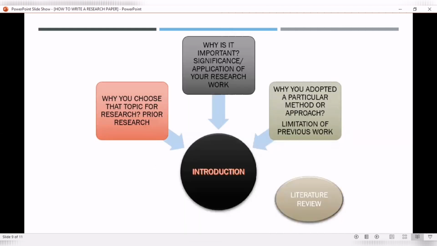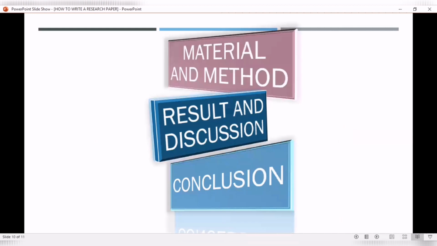for writing an introduction. After writing introduction, in most cases, the literature part is also included in your introduction, which is the literature review. So you have to survey different research articles, almost recent articles, and from those articles you will extract their findings, and you have to write down those findings in your literature part.